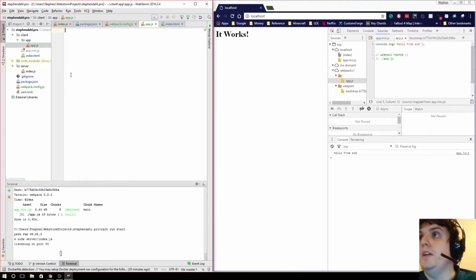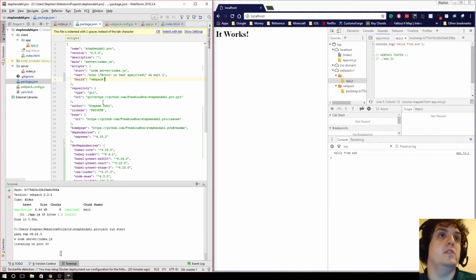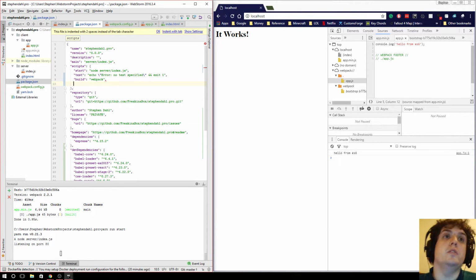The final piece of this puzzle is now to make sure that this will run in Heroku. So I'm going to go into my package.json and add a Heroku post build step. So this job is going to be to run Webpack after Heroku has built the project, so that it will include our generated app.min.js file. So Heroku post build